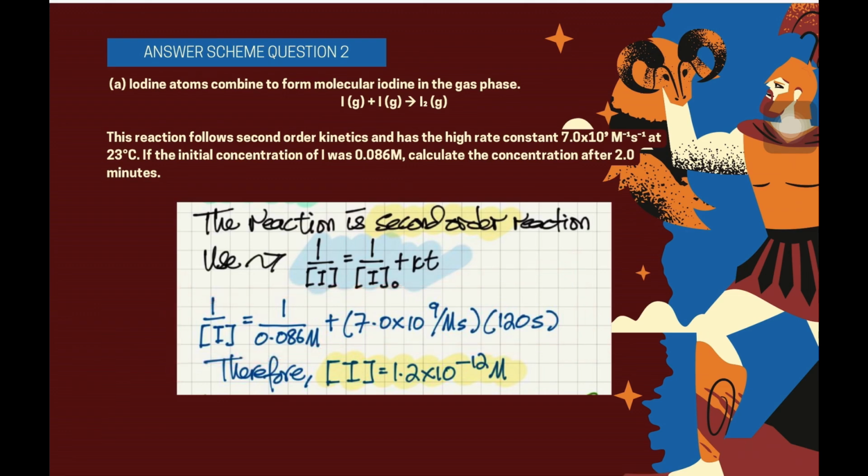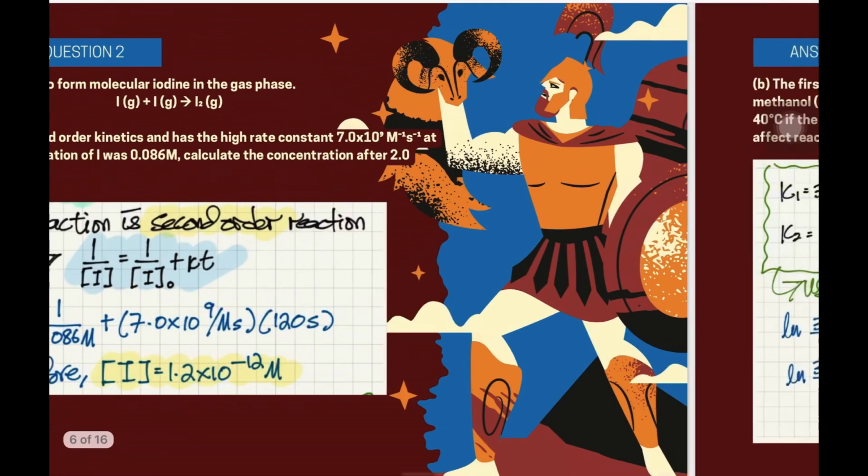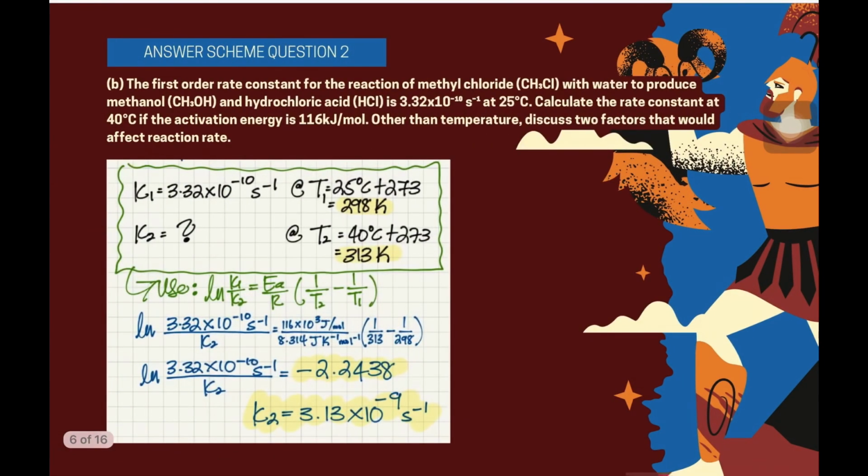So to integrated rate law second order, ini formula ya. So just simply ganti masuk all the data yang diberikan tadi, and you will get the concentration. Easy. 2b, okay. The first order rate constant for the reaction of methyl chloride